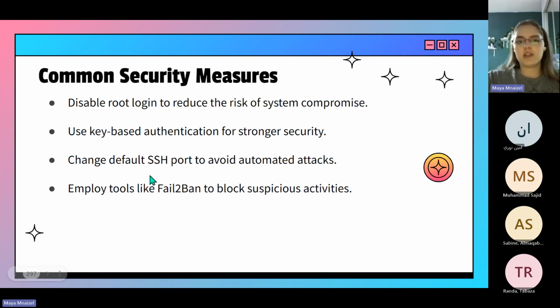And then we're going to change the default SSH port, which is 22, to 22242, and employ tools like Fail2ban to block suspicious activities. So Fail2ban, if we go back to our last meetings, we're going to know that this exact concept is for